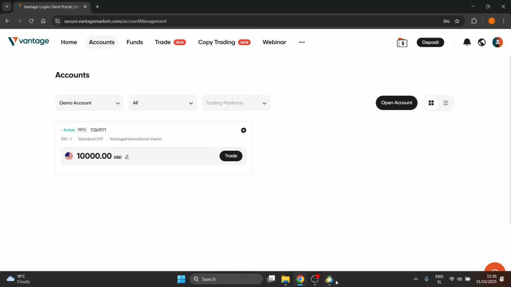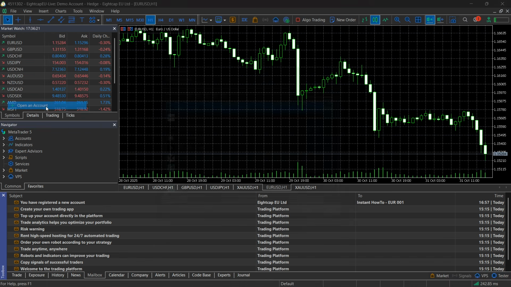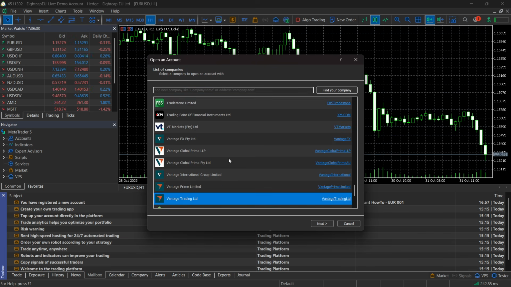After that, open up your MT5 on your computer here, click on File top left, and click on Open an Account. In here, type in Vantage like this, and then click on Find Your Company, and it should find Vantage. Okay, so as you can see here, there's going to be a bunch of them over here, and usually, of course, you'll be able to know which one you need, but for me, it's the Vantage International. Okay, so it says in my email that the server is Vantage International Demo. So I'm going to click on this one, click on Next,